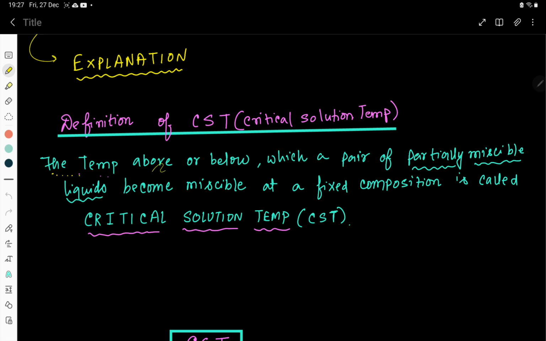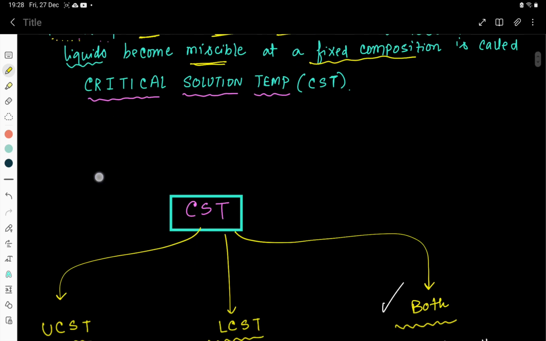Basically, CST is the temperature above or below which a pair of partially miscible liquids become miscible at a fixed composition, and it is called critical solution temperature. Okay, now we can see